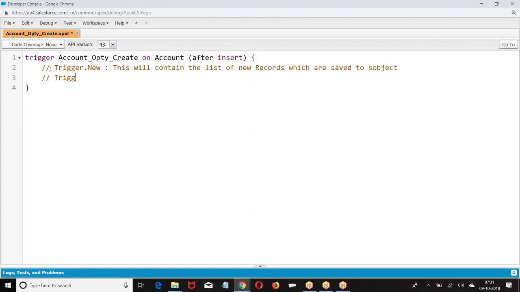Similarly, we have Trigger.newMap. What is this Trigger.newMap? Map of ID, comma record.